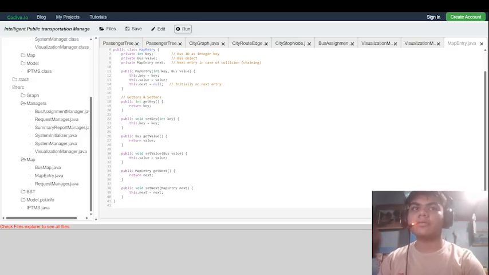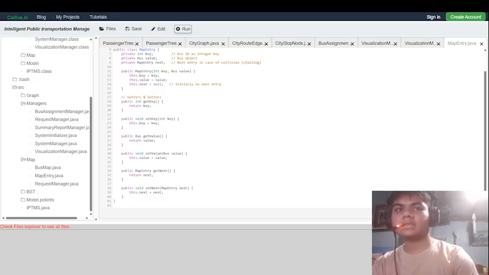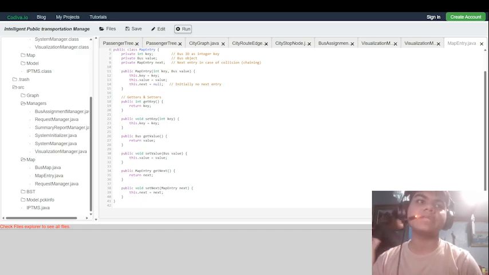It is critical for managing collisions using chaining, allowing multiple buses to share the same hash index. So, the future use of the map entry class enables the bus map to handle collisions efficiently using chaining. Any features that insert, update, or search for buses in the custom hash map rely on this class to store each entry safely and maintain the chain structure.